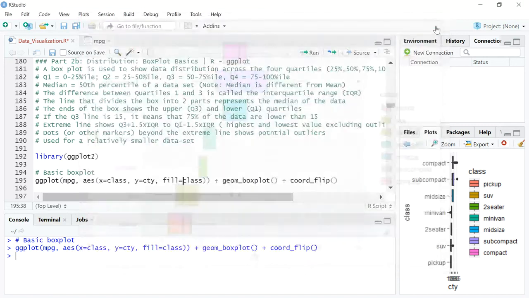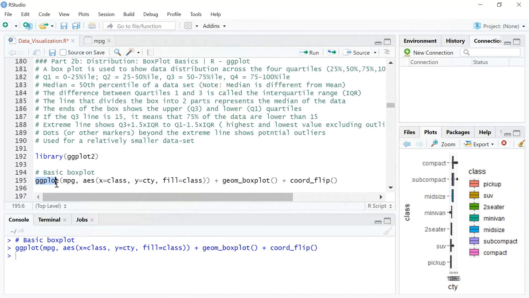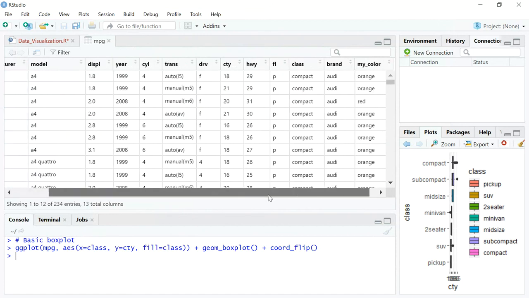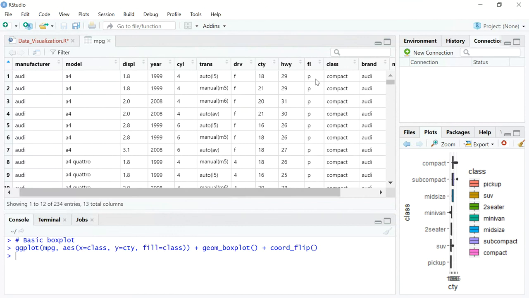Now let's quickly look at the code. Right, you start off with ggplot just the same way you plot a violin plot. Then you call on the data set. Here we are using the mpg data set, the same data set that we've been using all over the previous videos. To quickly recap, it's a data set with different types of car manufacturers and their attributes, like the year of launch, mileage details, fuel type, so on and so forth, right?